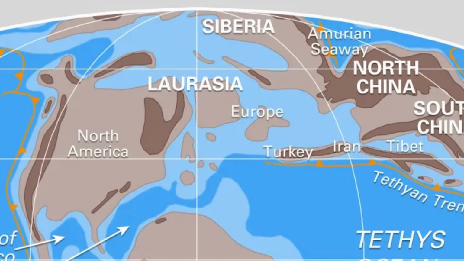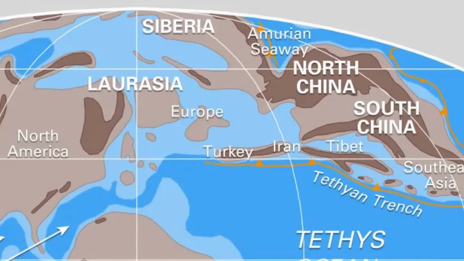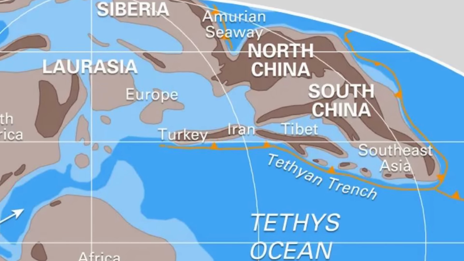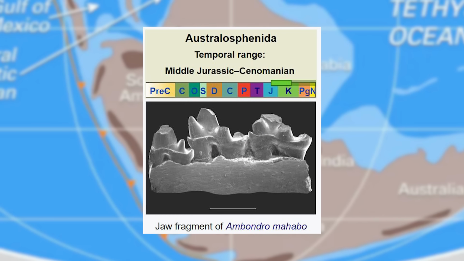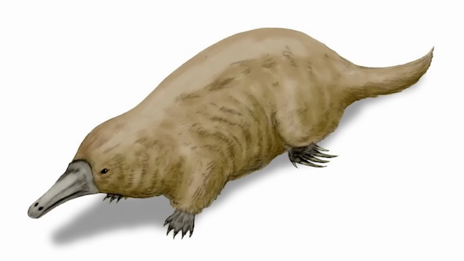However, one thing to note is that the mammals we mentioned and their relatives were mostly found on the northern continents. The southern continent of Gondwana, being separated from its northern continent Laurasia, led to the evolution of a new, distinct line of mammals. Many of these animals ended up being grouped together as part of Australosphenida. There were many animals subsumed under this grouping, but one of the most notable was a small mammal from the